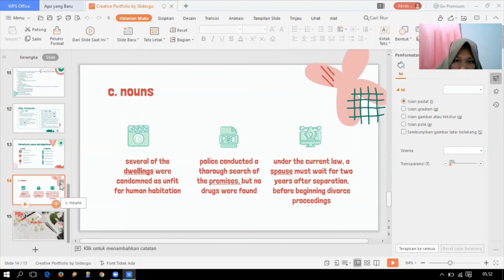Under the current law, a spouse must wait for 2 years after separation before beginning divorce proceedings. And then, the government has made a pledge to review the composition of select